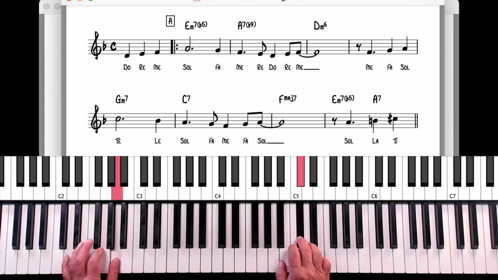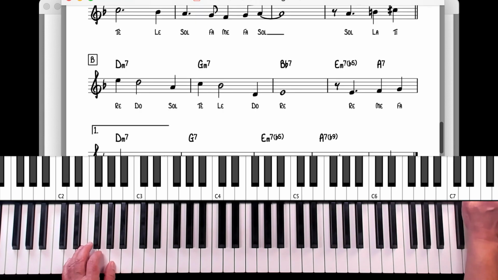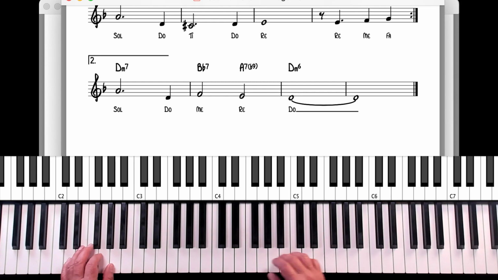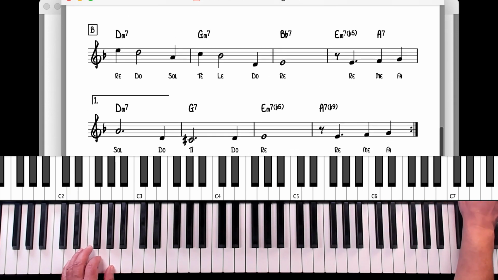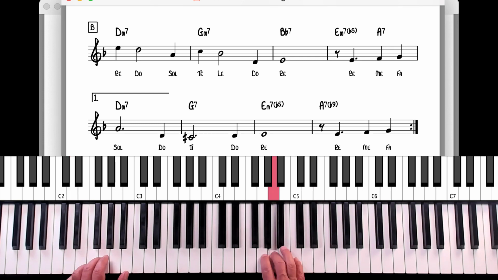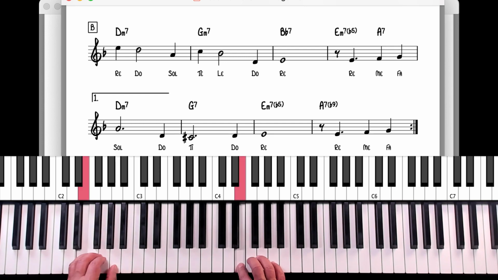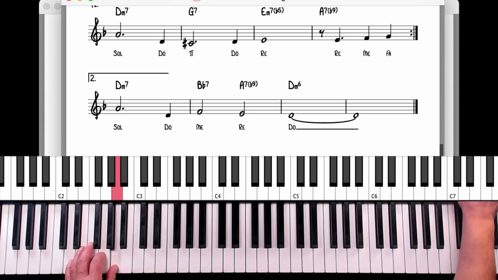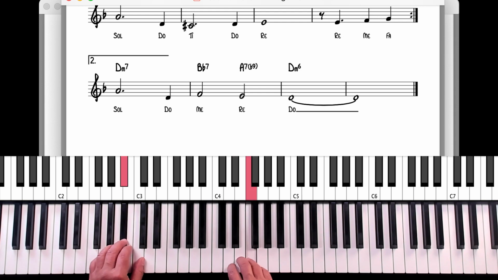Sol, la, ti. I'm always octave shifting, because I'm not a singer. So here we go. Ba-da-dum. And here we go to letter B. 3, 4. Re, do, sol, te, le, do, re. Re, mi, fa, second ending. Sol, do, mi, re,